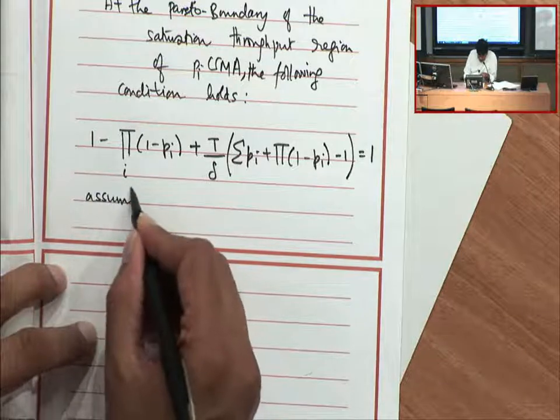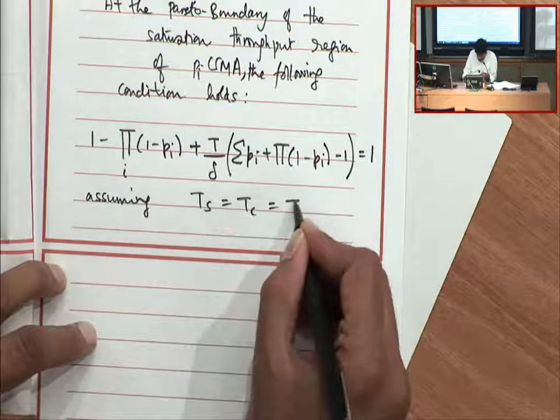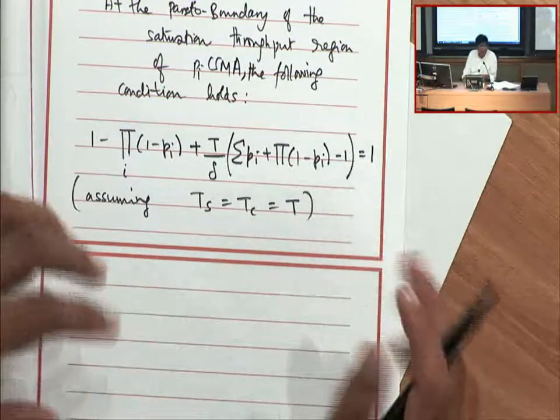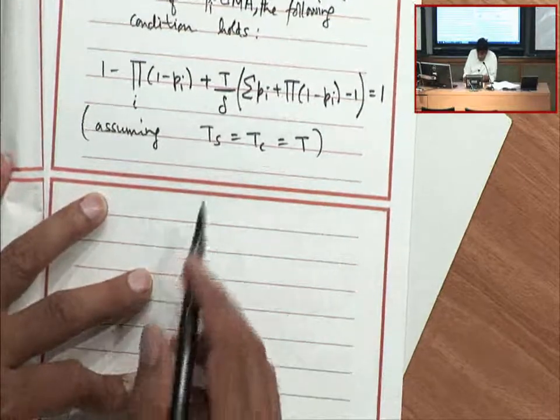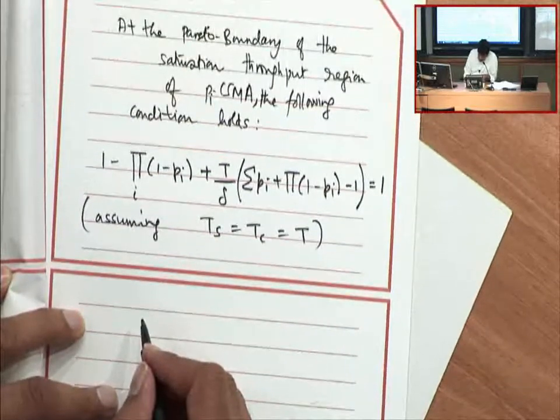Assuming TS equals TC equals T. And even if this condition didn't hold, you could derive an expression, it just gets a little bit messier. But then this equation can simplify further as